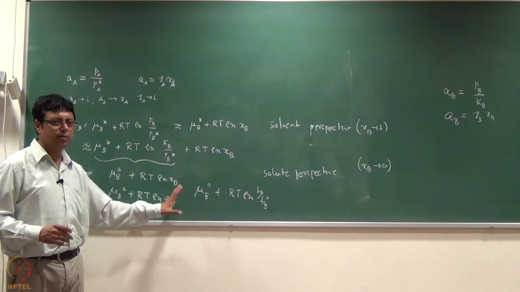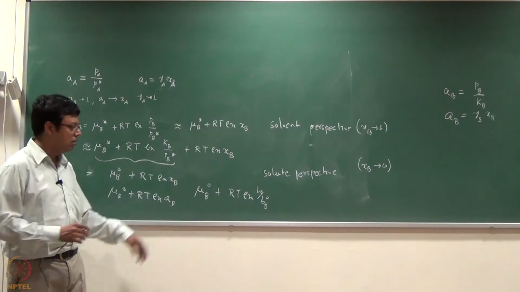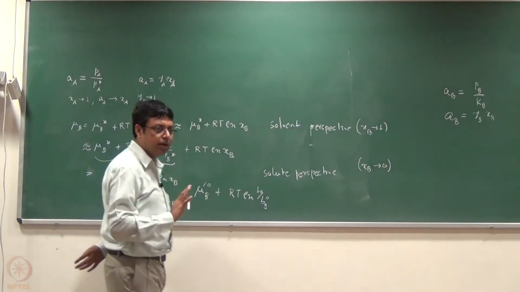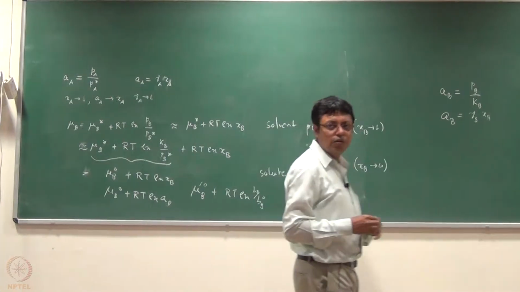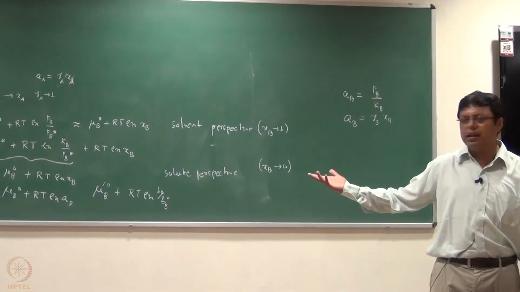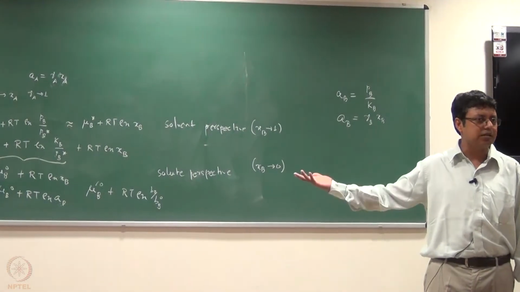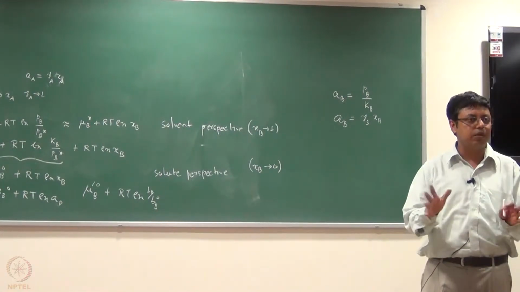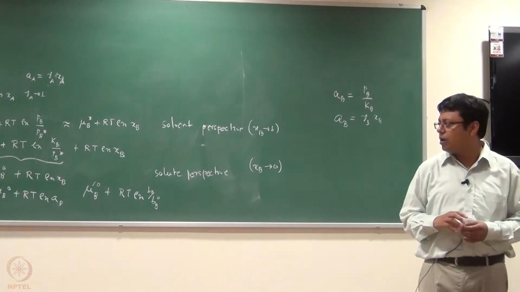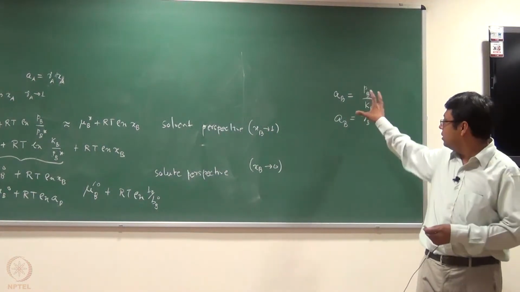So this mu b0 must be very different. This is an empirical thing, so let us not discuss anything about it. But the point here is that you can write everything in terms of just the amount. In any case, like activity or mole fraction, molality or whatever you write, you just add the amount and then you talk about it, and you can approximate everything in terms of, say,